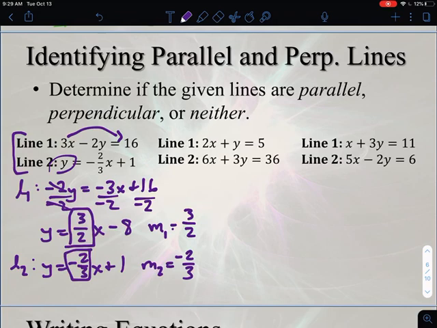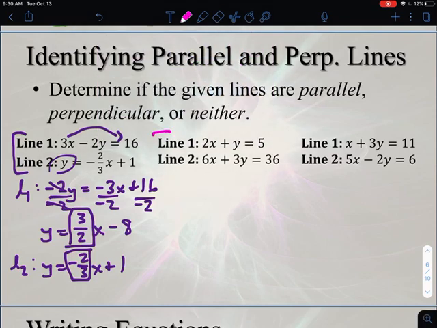And so if I look at my results, +3 over 2 compared to -2 over 3 means that line 1 is perpendicular to line 2. So I got opposite reciprocal slopes. My lines must be perpendicular to one another. Okay. When we go to the next example here,